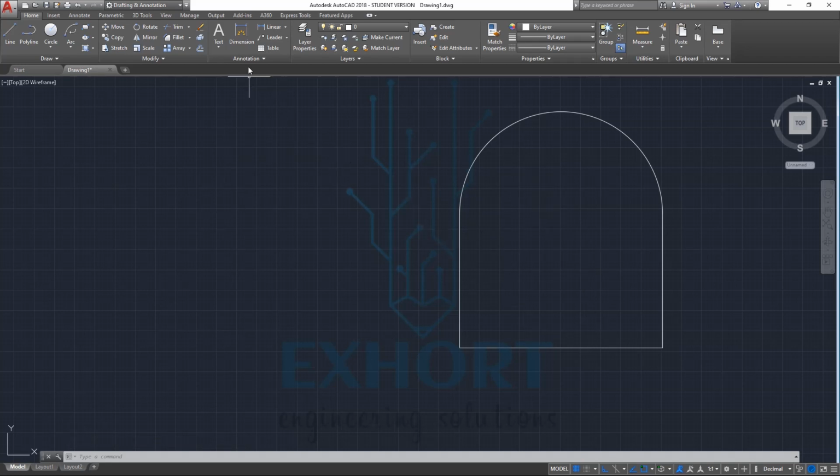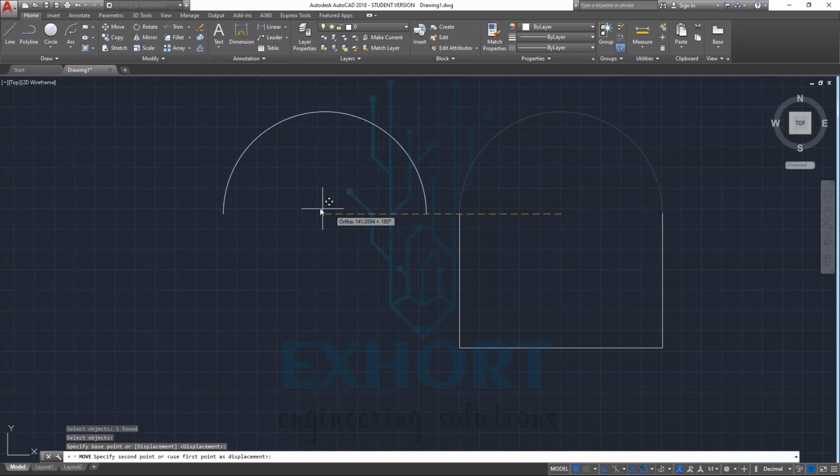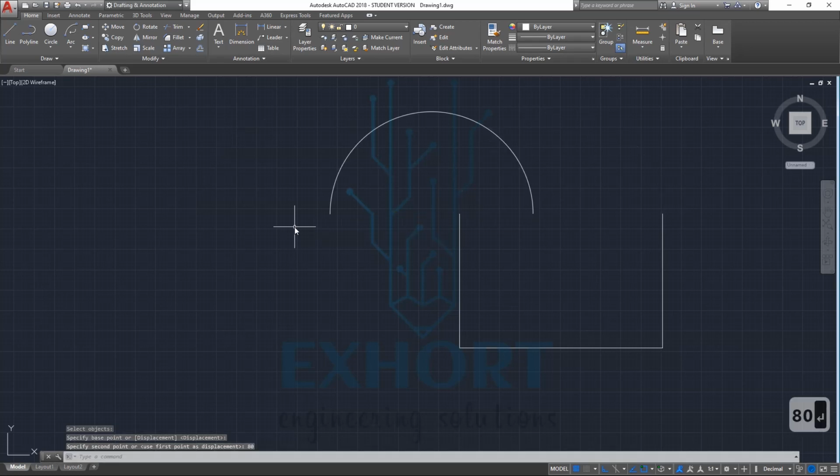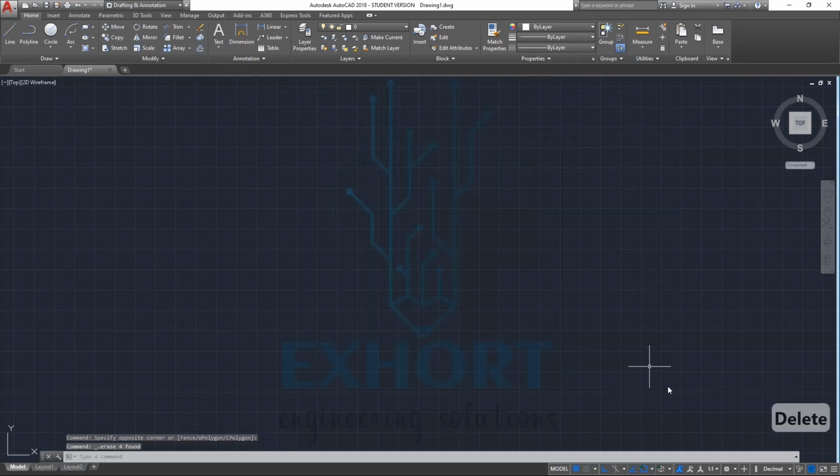So friends, likewise if we want to move a single line, meaning I want to move just this curve, I will select the curve and hit Enter. Then I will select the base point. If I want to move it from my center point, I will select the center point, give the direction and enter the measurement. If we want to move it by 80, I will enter 80, and you will notice that this arc has moved 80 mm from this object. The distance between this point and this point was first 0, now it has become 80. So friends, likewise we can use this move command.